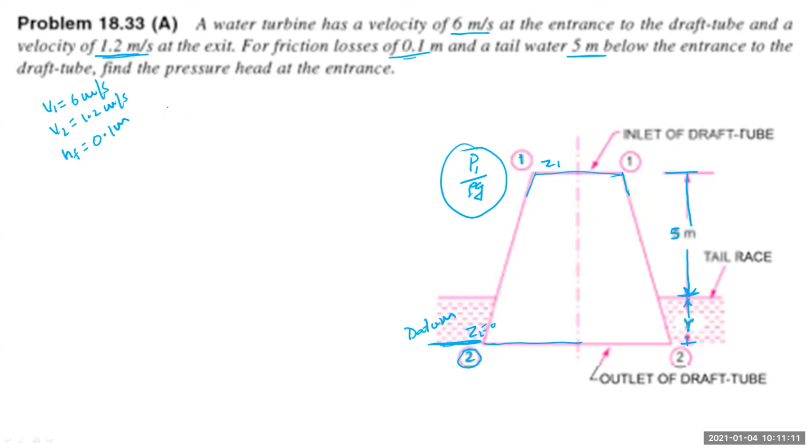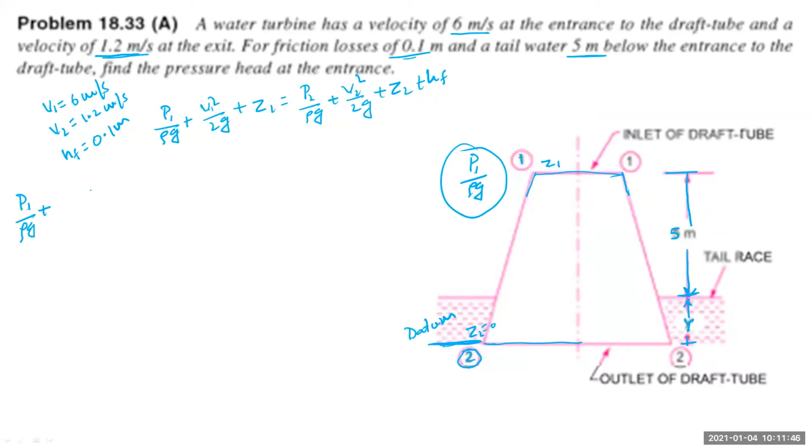Now, write down the Bernoulli's equation. P1 upon rho g plus V1 square by 2g plus Z1 equals P2 upon rho g plus V2 square by 2g plus Z2 plus HF. This you have to write. Then you have to substitute those values. Okay, P1 upon rho g we have to find out. So I will write it as it is